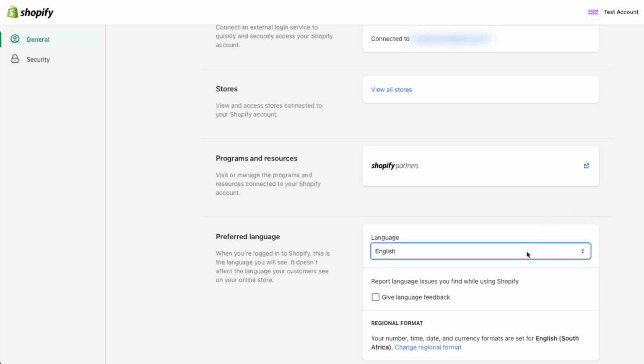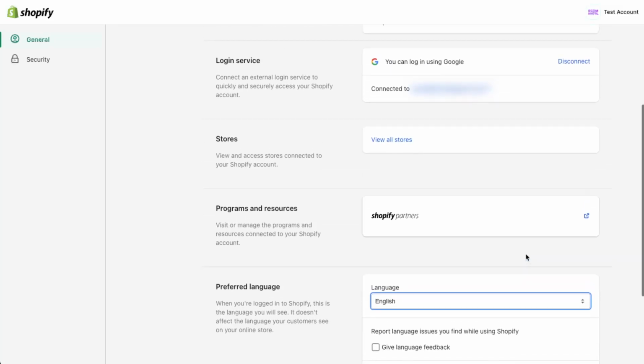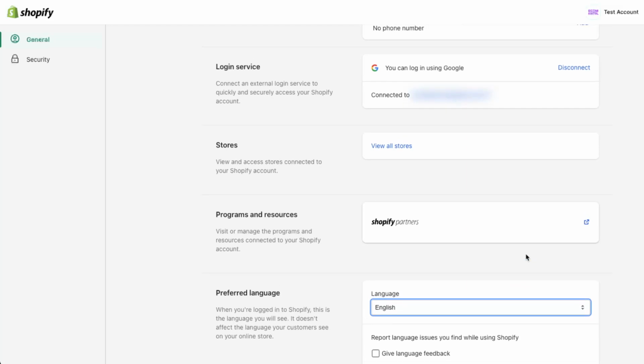When choosing, remember that this change only affects your own login and how you see the dashboard. Other staff members can choose their own preferred language in their own accounts. Select your preferred language from the list. In most cases, Shopify will automatically save or prompt you to confirm the change. After that, you may need to refresh the page or sign out and sign back in for everything to fully update. Once you do, your Shopify dashboard